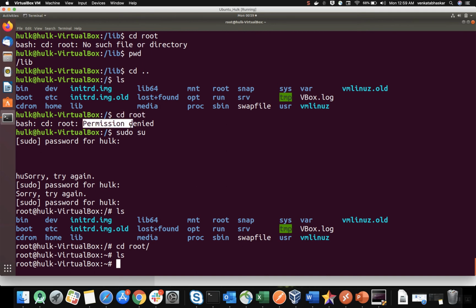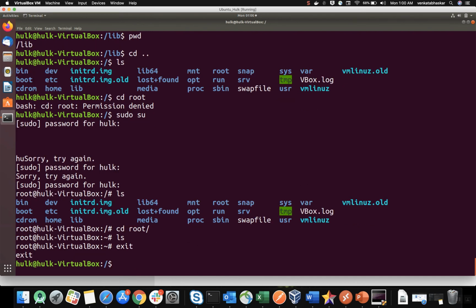So if I want to connect with sudo su, then I can act as an admin, the root user, and then I can access this root folder. If you see here, if you are a normal user, you will see a dollar symbol. If it is a root user, then a hash will be there. Now I can exit. So now I came to my normal user.